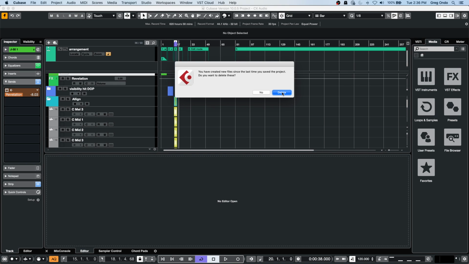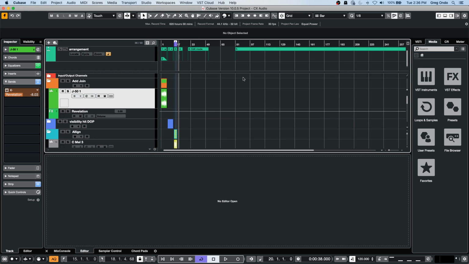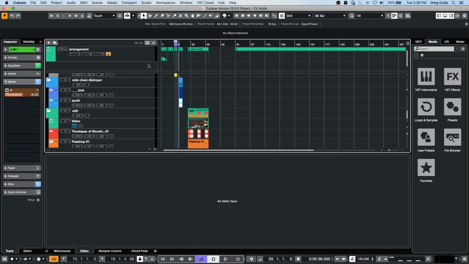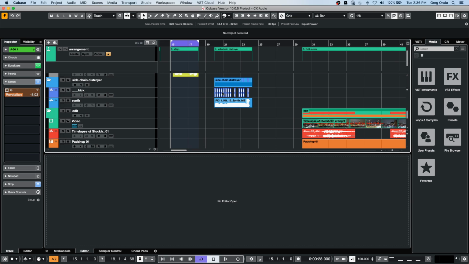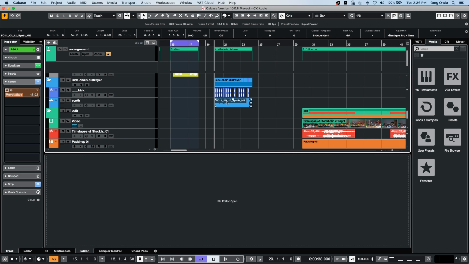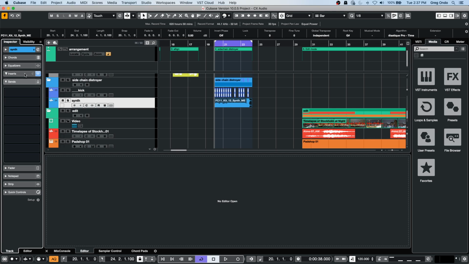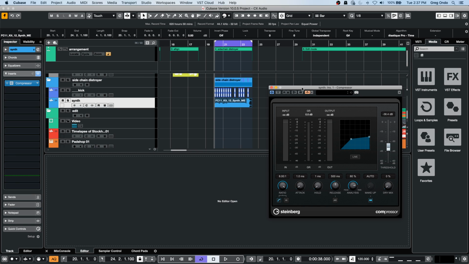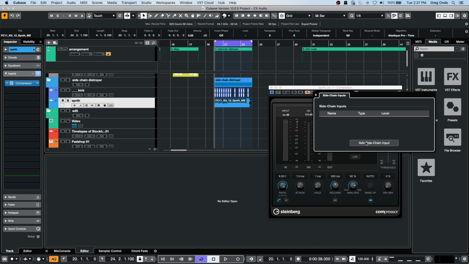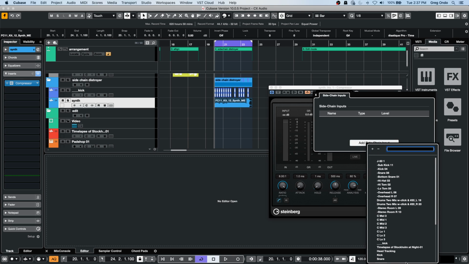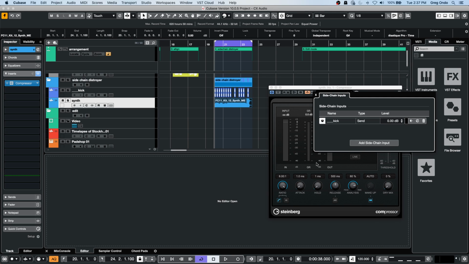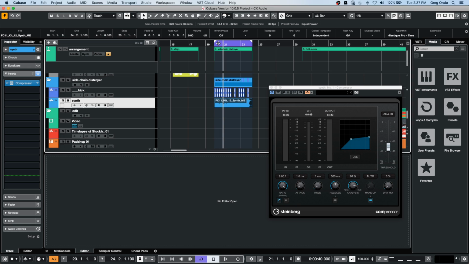They're kind of two independent aspects. So if I have a side chain going on for this particular event, we could send it out to a group and capture it that way. So let's say I'm on my synth, I go to inserts, and so I have this being side chained to the